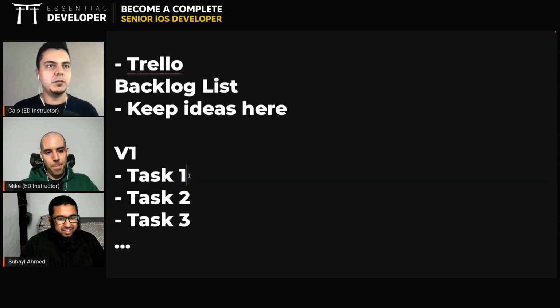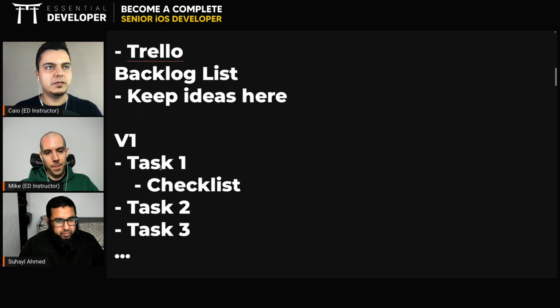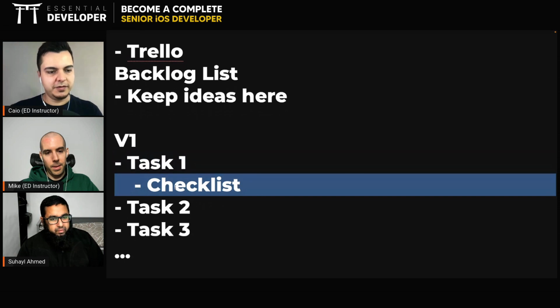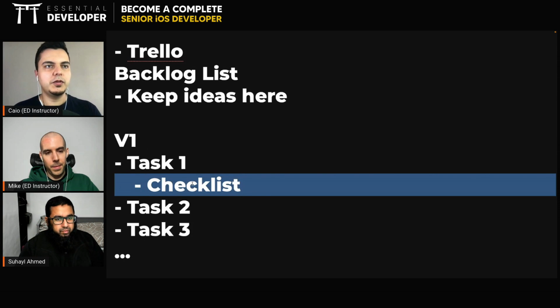Sometimes you're doing task 1 and you find out that, oh, it's harder than what I thought. And I have to do this, and that. There needs to be some validation here. I need to do some login with Google. Okay, start adding a checklist inside the tasks. Right, so inside a card, you add a checklist of things you need to do. As you're coding, oh, I need to do something here. Write it down in the checklist and carry on with your work. Always free your mind to focus on the task at hand.